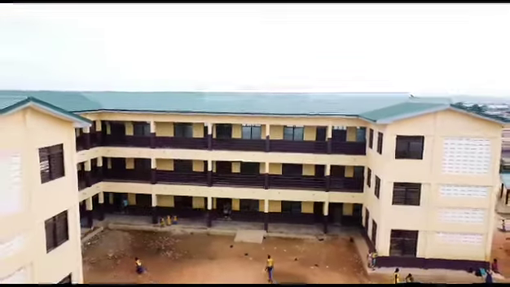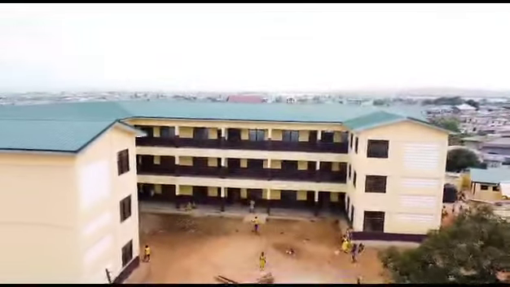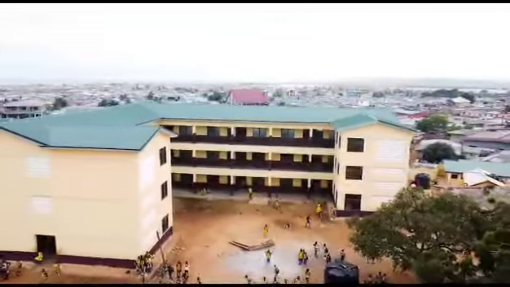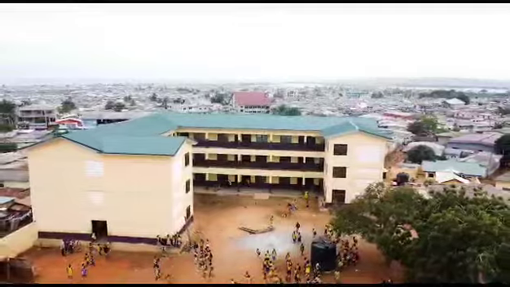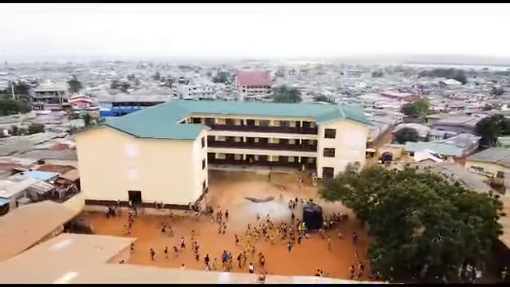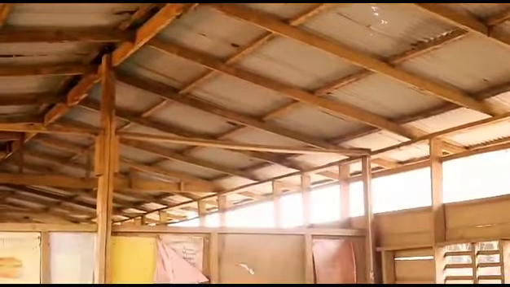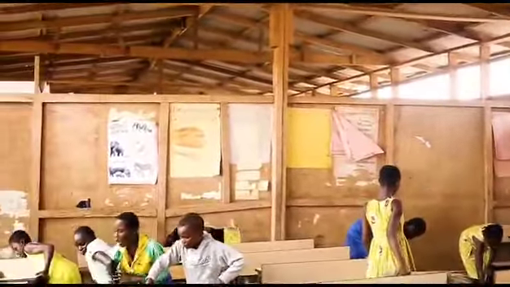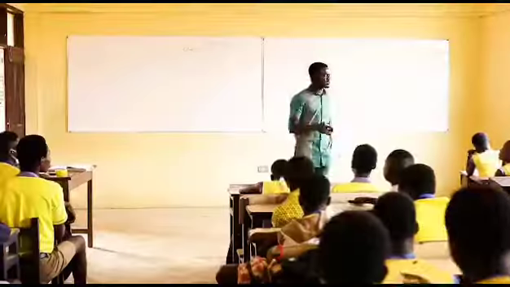Looking at the whole community, there is no library. If we get it, at least it will help more than 6 communities around, so that it can help our children to learn, to read, and do more research work. Teenage pregnancy is at its peak in this community because they don't have anything to do. And if you don't have anything to do, it means that the devil will find work for an idle hand or an idle person. But we want the